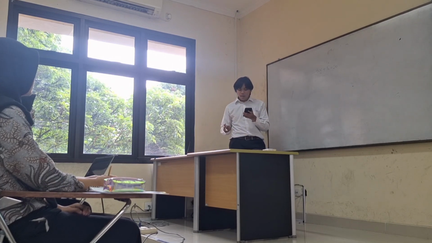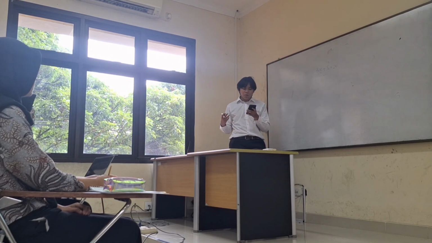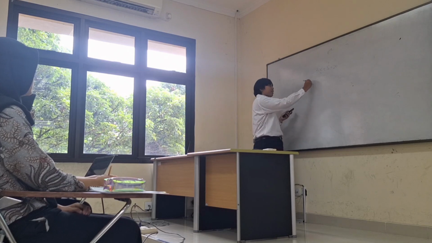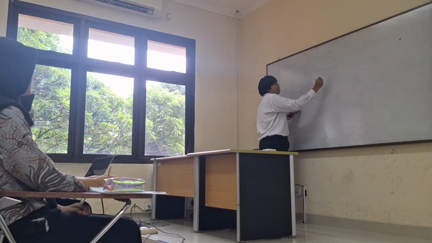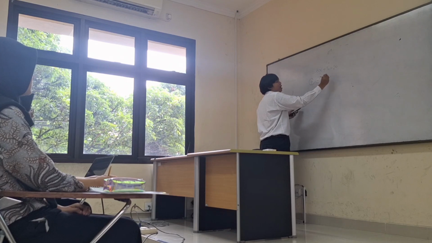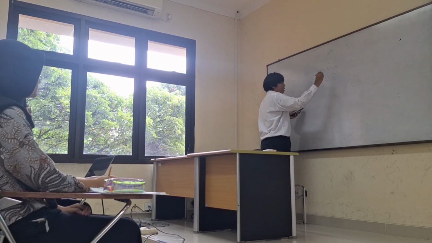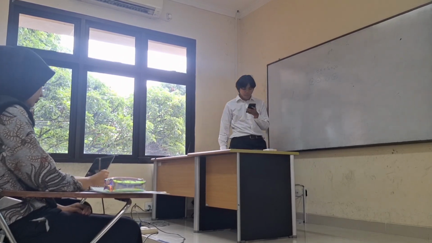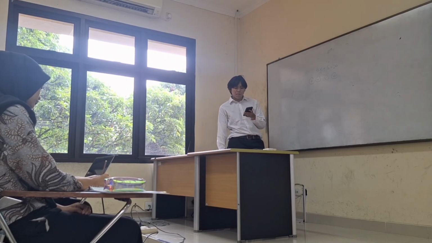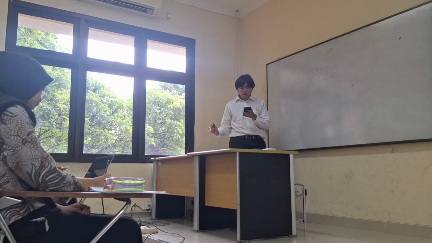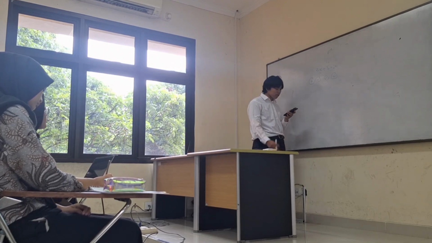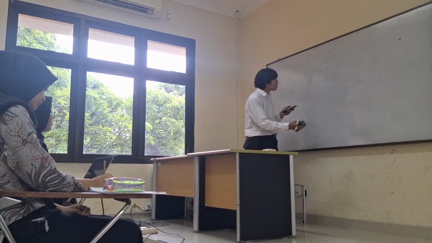We do this by applying inverse operations like adding, subtracting, multiplying, and dividing both sides of the equation to keep it balanced. Let's start with a simple example. Nafa, how about we work on the equation